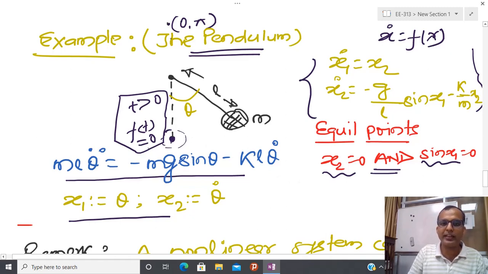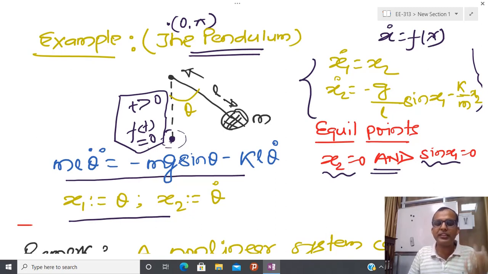Some isolated points are here and some isolated points are here, but they are not connected, and that is the beauty of nonlinear control systems. Suppose you have to construct some switch, then you need two sets of stationary points, one is on and one is off, and it is not possible to construct this using linear theory or a linear system. Why? Because in a linear system, I always have either a unique equilibrium point, or if I have infinitely many or more than one equilibrium point, all are connected. Due to that reason, using nonlinear control theory, I can construct a lot of things.